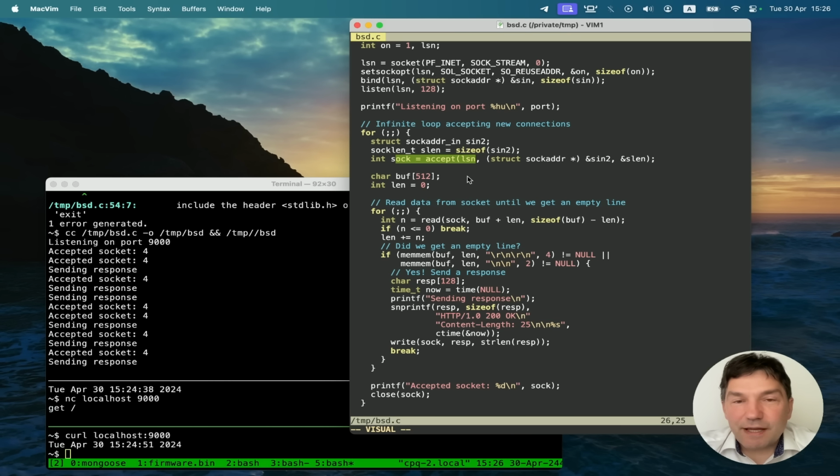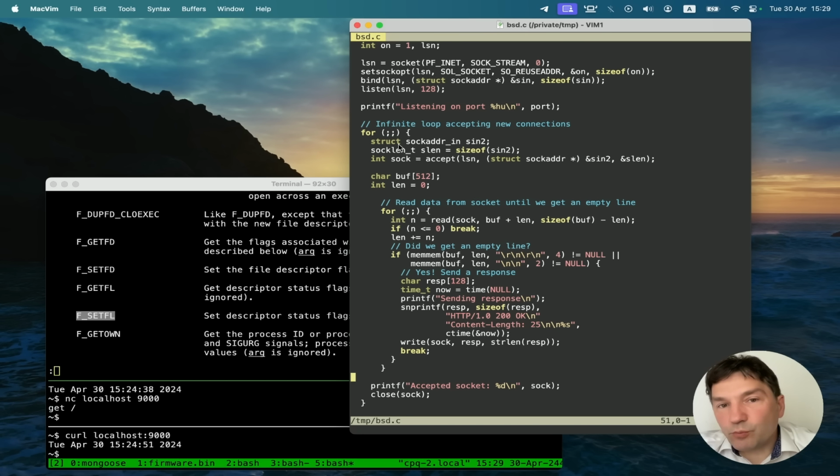We can set a special flag on a file descriptor, which is called the non-blocking flag, and that flag makes all operations on the file non-blocking. Assume that we do that, and the accept call will be non-blocking and the read call will be non-blocking, and our program then needs to be able to handle many connections